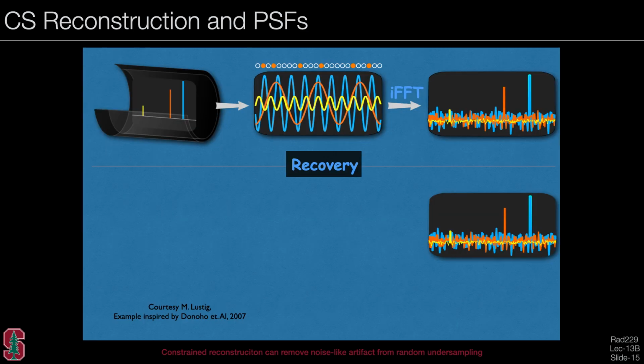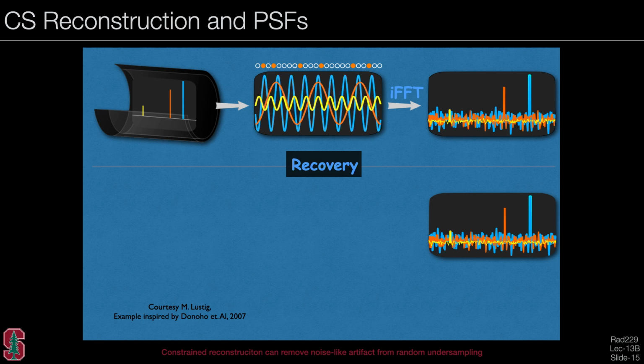So we can look at this slide, which is a bit of a classic slide now from Michael Lustig. What you have here are simply three peaks of different colors. They have three different harmonics in one dimension here. If we take an inverse Fourier transform of this after random sampling, what we have is this sort of incoherent